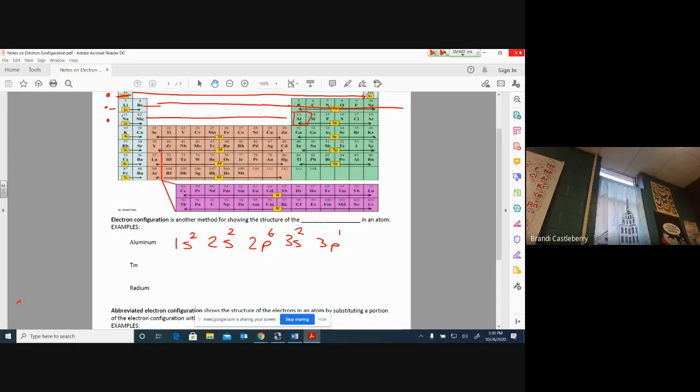All right, let's find 10. So 10 is Sn. It is way down here, so this one's gonna be longer. But here's the trick. If they are longer than your original one, you always start with the lower energy levels first. So technically, all of this stuff is gonna be the same. I'm just gonna go past it. So I'm just gonna copy it down. I know I'm gonna start with a 1s2, a 2s2, a 2p6, a 3s2, and then when I got to the 3p,